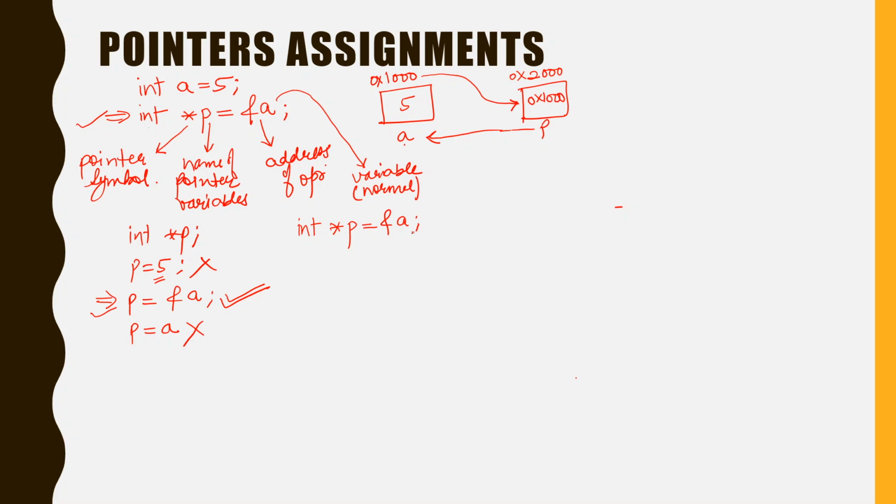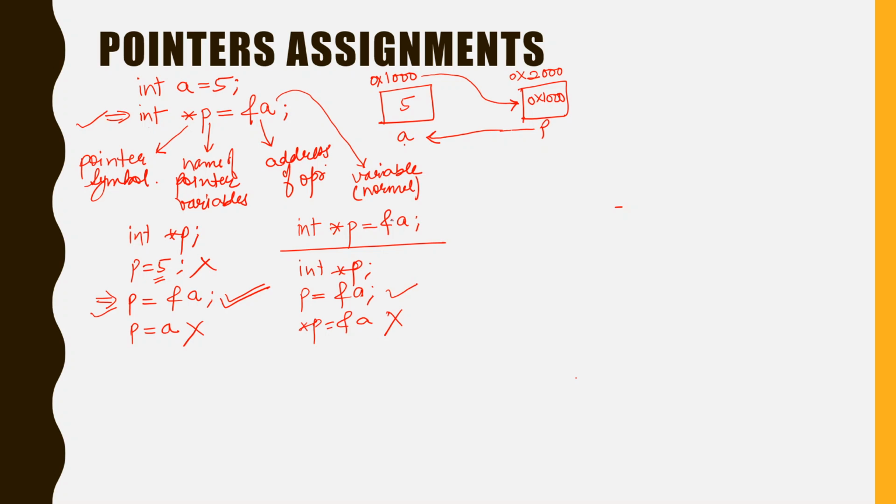If you are not using any initialization step in the declaration, and you are taking directly an integer pointer *p, here you did declaration only, so for assignment you have to write p = &a. *p = &a is not correct.